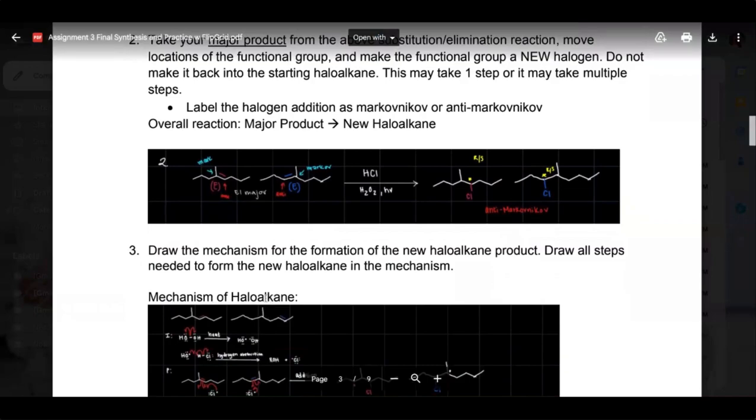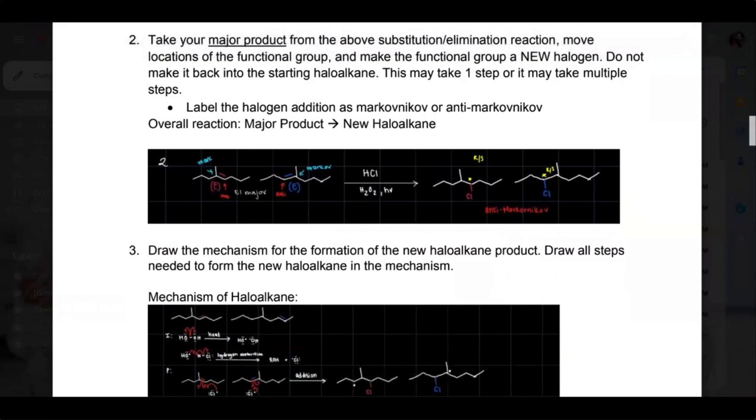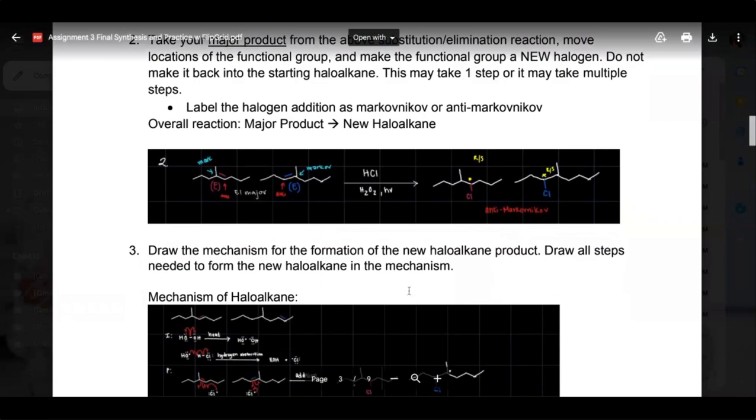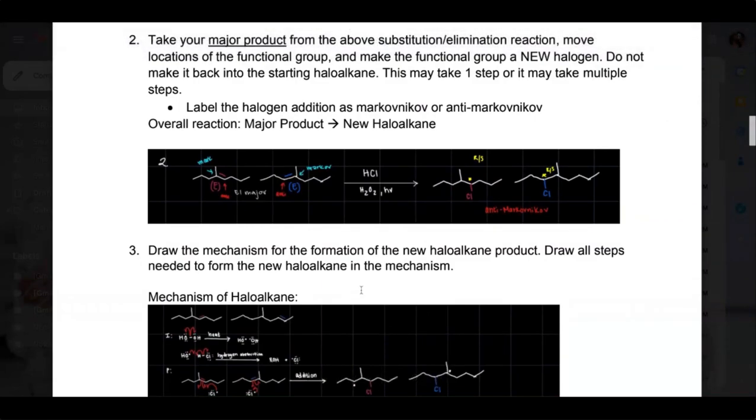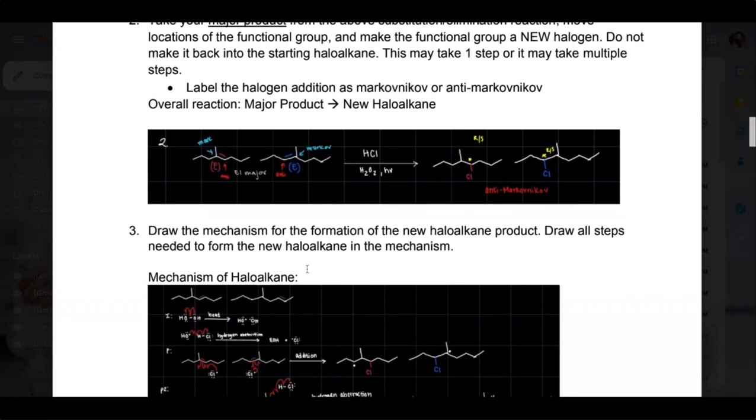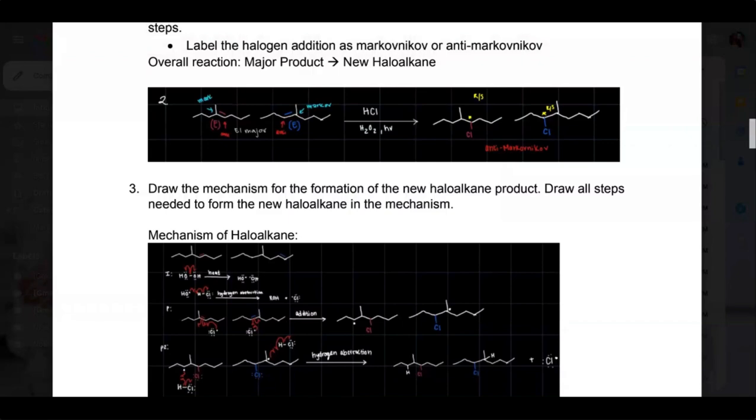that I used in order to make my new haloalkane right here. Here I used hydrohalogenation with peroxides. This acts as a free radical addition to the alkene I formed. This addition is added on the least substituted side because regiochemistry is anti-Markovnikov with no rearrangements. Markovnikov means that the addition will be on the most substituted side, and anti-Markovnikov means it adds to the least substituted